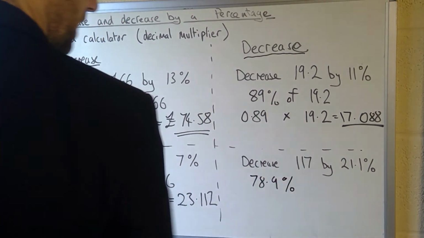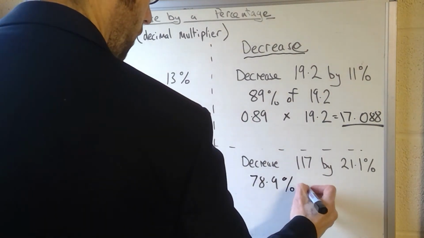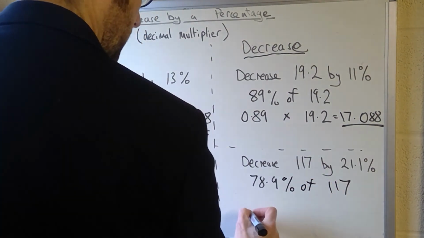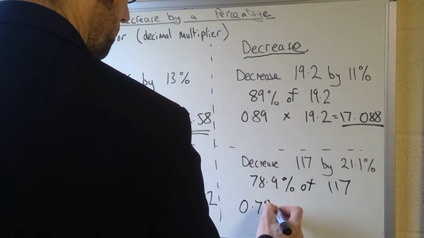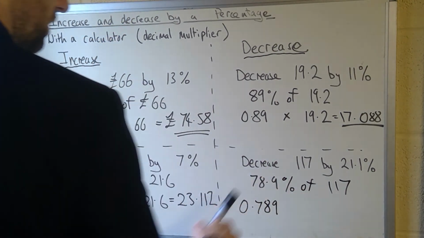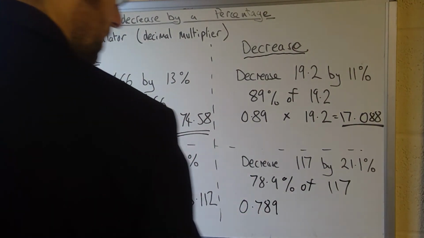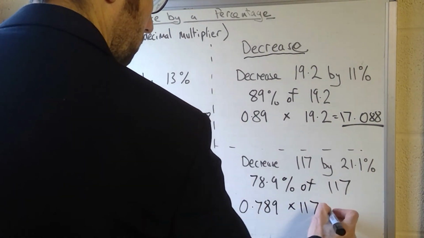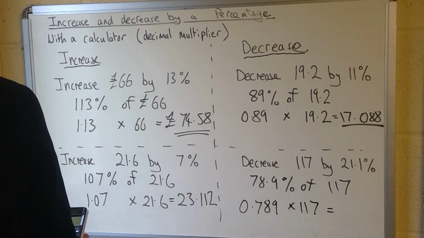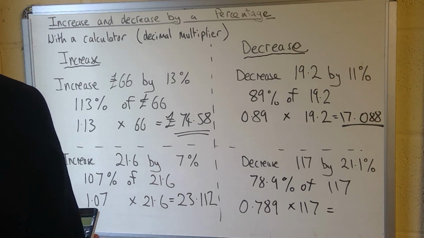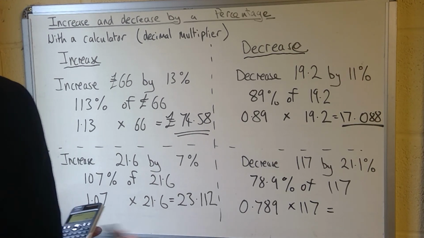So this is 78.9% of 117, and then the decimal multiplier here will be 0.789, just dividing that by 100 to turn it into a decimal, multiplied by 117. 0.789 multiplied by 117 equals